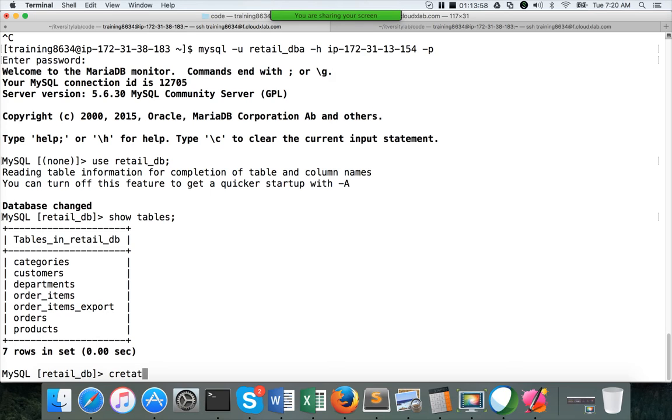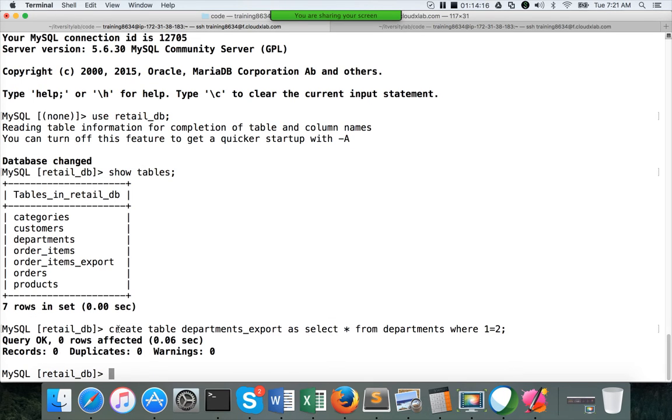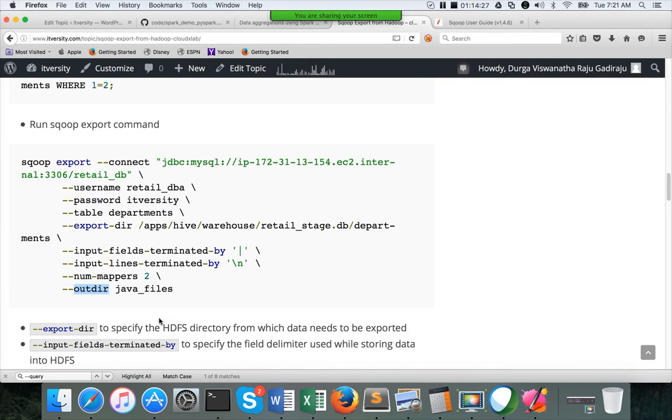In this case, I am trying to create the table departments_export as select * from departments where 1 equal to 2. This is called CTAS. C for create, T for table, A for as, S for select. CTAS, create table as select command. Okay. Once you have created the table, you can